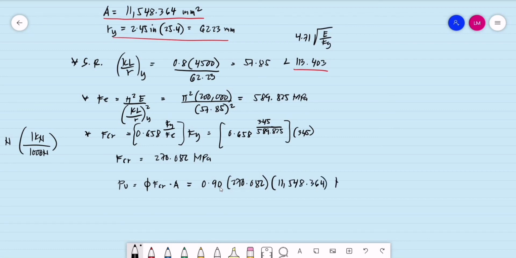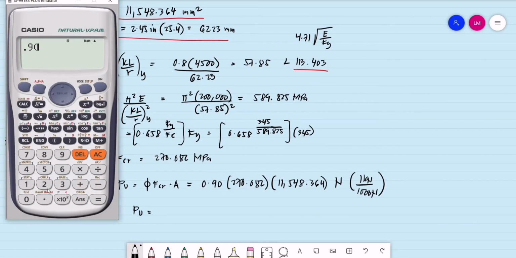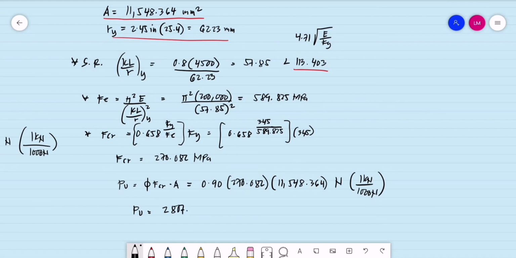The resulting value will be in newtons, so divided by 1,000 to be in kilonewtons. So we have the value of the P sub U is now equal to 2,807.105